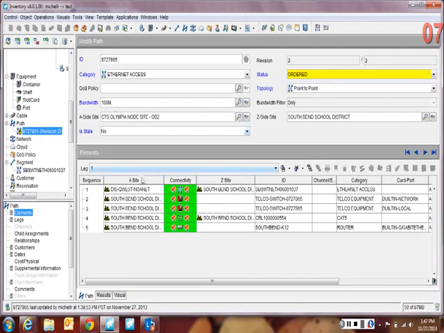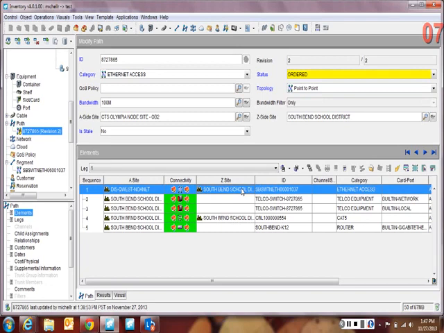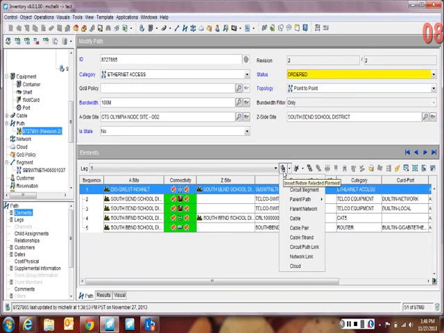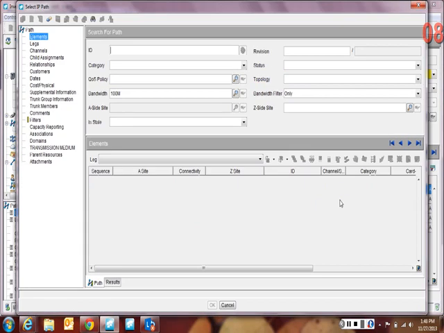We need to modify this now, and we see that it is the 100 megabits we need, but we do need to add back the router and the IP path. So first we're going to highlight the Ethernet access segment, and we want the IP path to be above this. So we will use this tool. It says Insert Before Selected Element. We will come down to Parent Path, select IP,